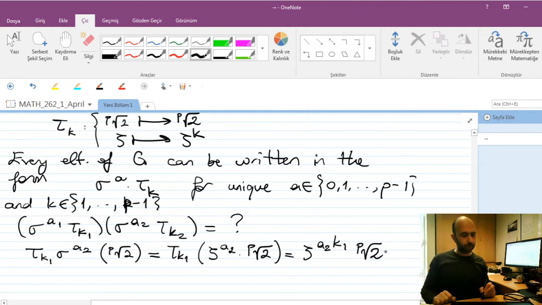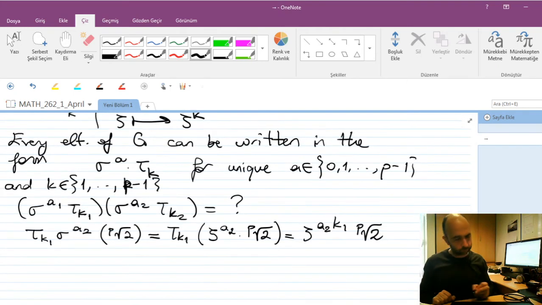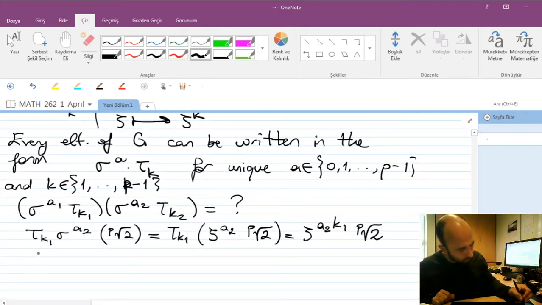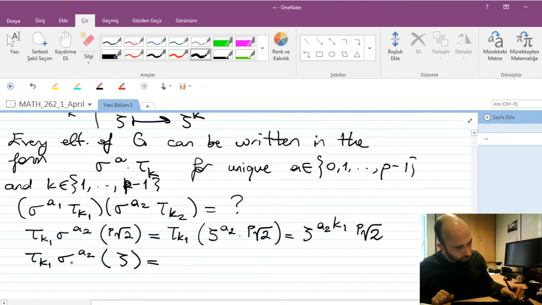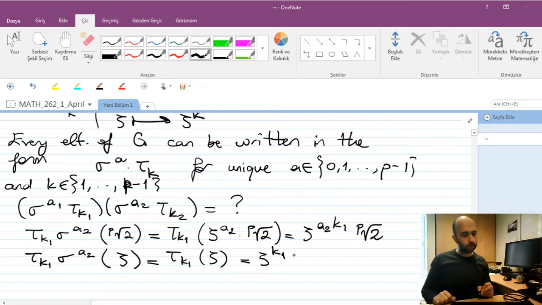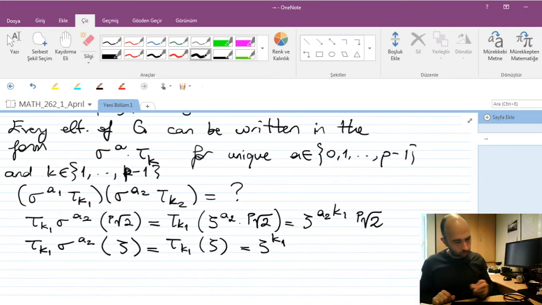So this is what we have. Okay, now let's also look at the action on zeta. The sigma part doesn't change zeta, so this is equal to tau_k1 of zeta, which is zeta to the k1. Okay, now these two imply